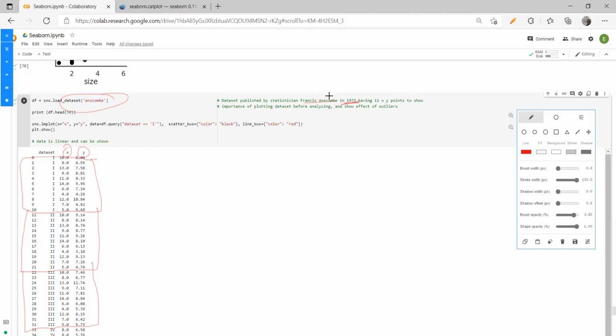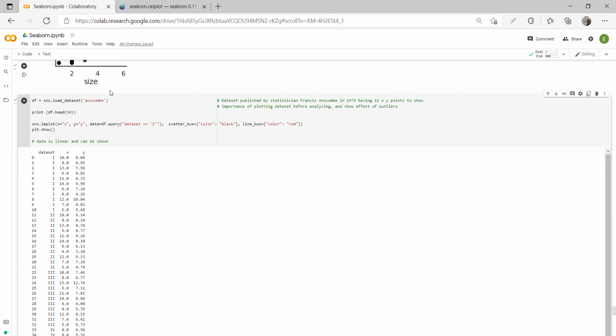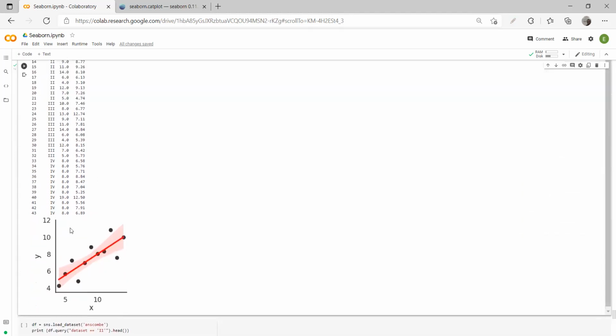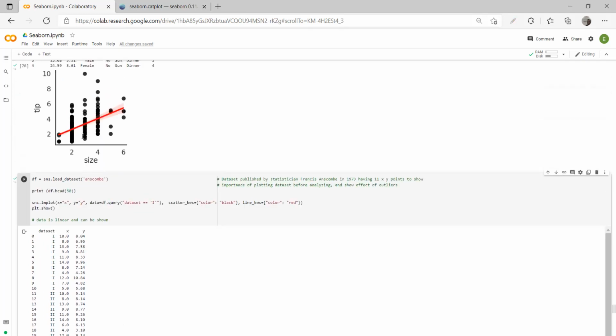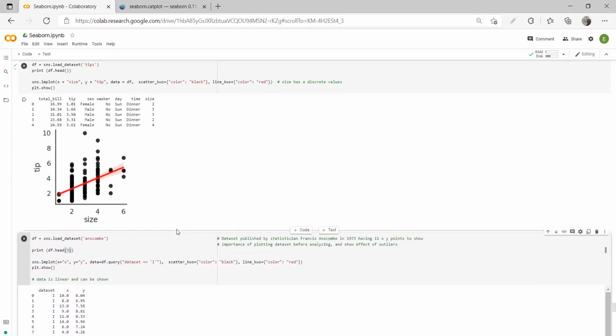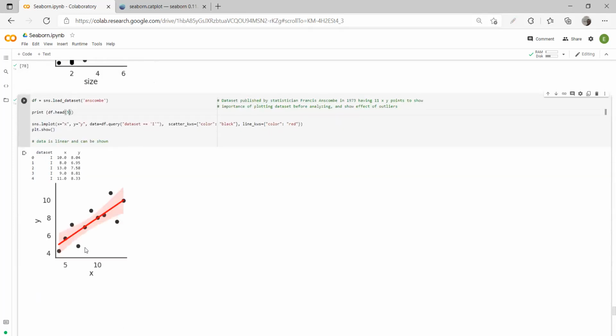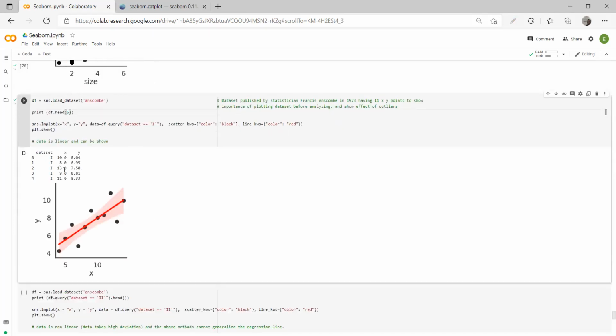For writing that paper, he also contributed this data set, and that's how this data set came into existence. It's not a very interesting data set like the tips data set or the Titanic data set that we saw above. It's again one of the good data sets that was published. I'm showing all 44 rows present for data sets 1, 2, 3, and 4. So let's look into the plotting. Let me remove this 50 and make it 5. 5 is enough. Later on, if you want to change it to 50, you can.